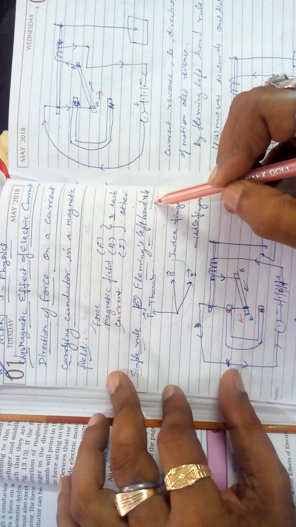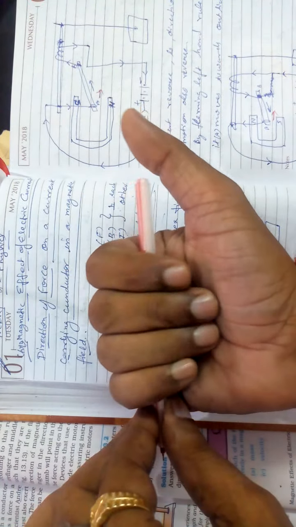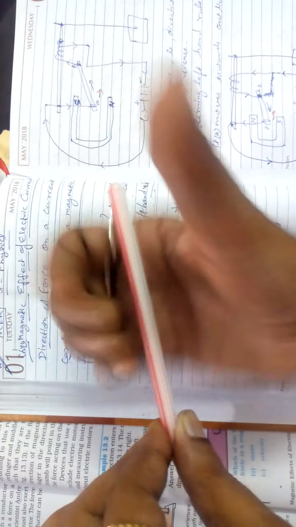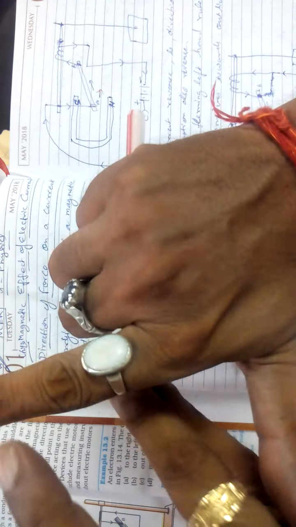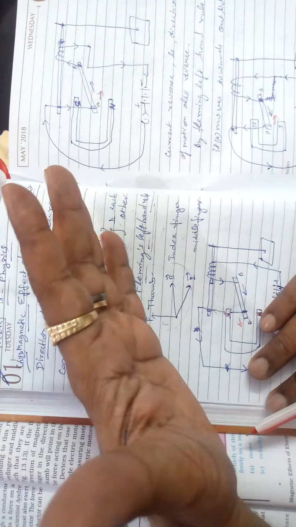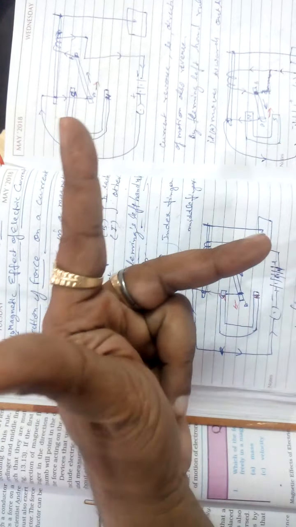What is the magnetic field line? We know the right hand thumb rule, like this. The thumb indicates the direction of current and the turning of the fingers indicates the direction of the magnetic field. You hold the right hand like this. But Fleming has given the left hand rule. In this, only two fingers and one thumb will be used. It is called the Fleming left hand rule. All are stretched at 90 degrees like this.